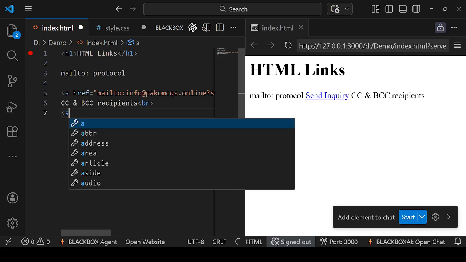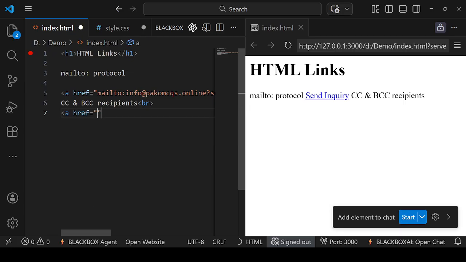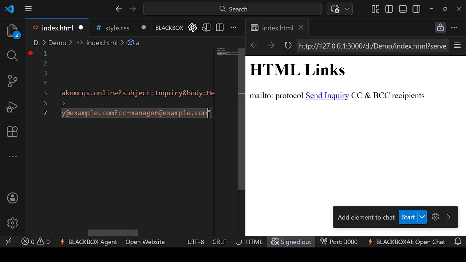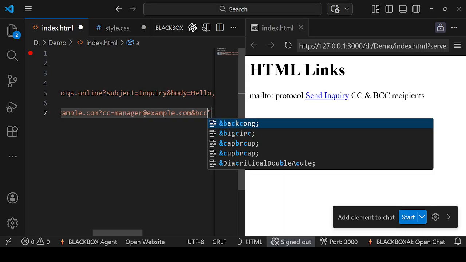We need an anchor tag, and we need href as an attribute, and I'm going to use here mailto protocol, and then I'm going to write here primary@example.com, and then I'm gonna use the question mark, then I'm gonna use CC equal to, for example, manager@example.com, and next I'm gonna use the ampersand, and then I'm gonna write here BCC equal to